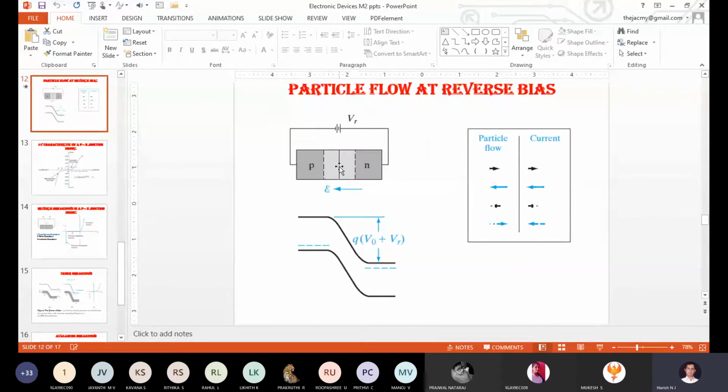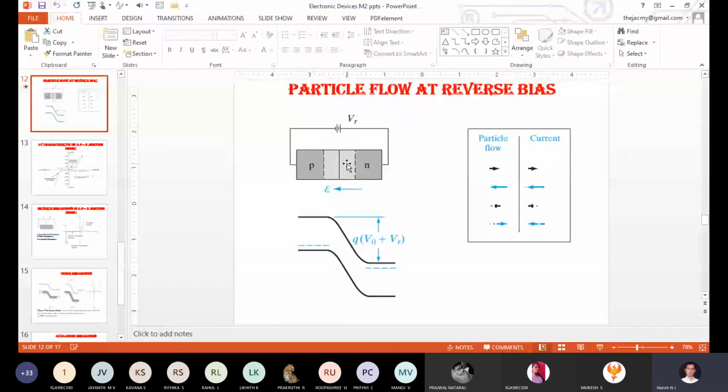So this has a width, right? When the diode becomes reverse biased, W will be equal to something, not W equal to 0. When the diode becomes forward biased, you keep on increasing the supply voltage, and the depletion region will become 0. At 0.7, it will become 0. At the same time, when the diode becomes reverse biased, the width of the depletion region is not equal to 0. It will be something else.